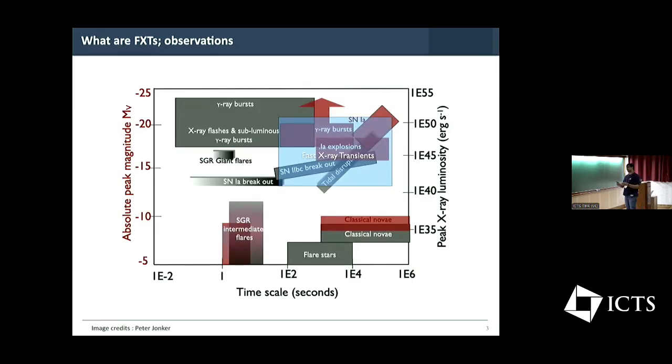This figure shows a very rough parameter space occupied by the fast X-ray transients, or FXTs. These FXTs occupy a region which is also occupied by different classes of other transients. The peak X-ray luminosity varies between 10^42 and 10^52 ergs per second. So it could be a heterogeneous population that we are talking about. Like we heard about LPTs, it's a range of heterogeneous population of transients.